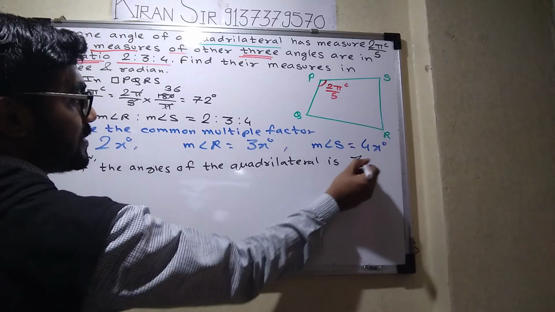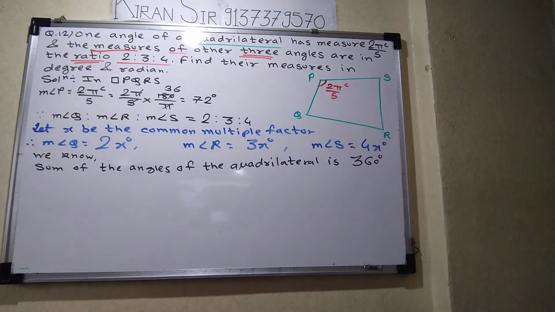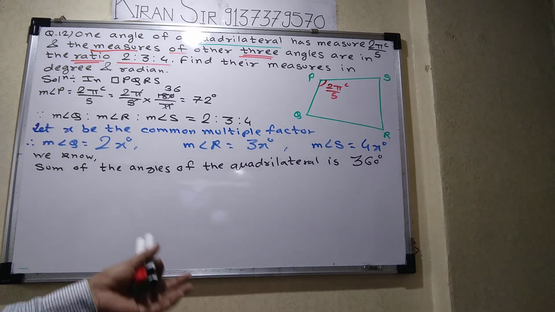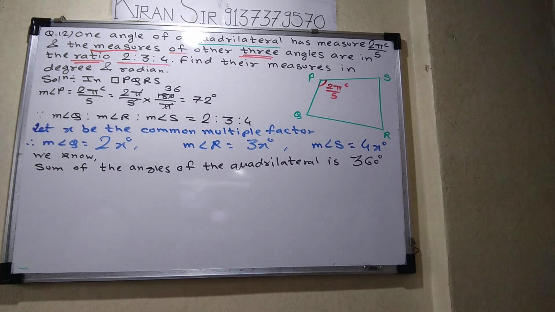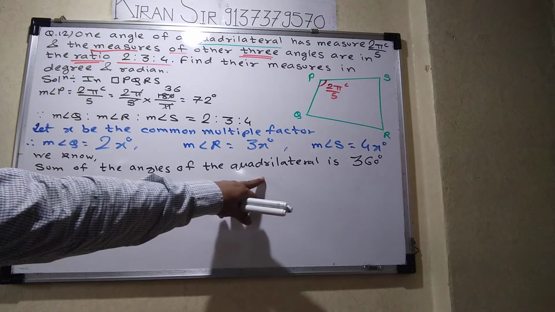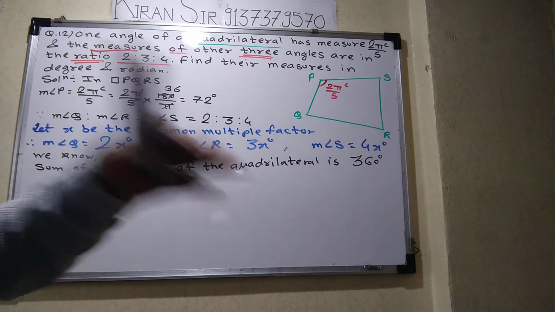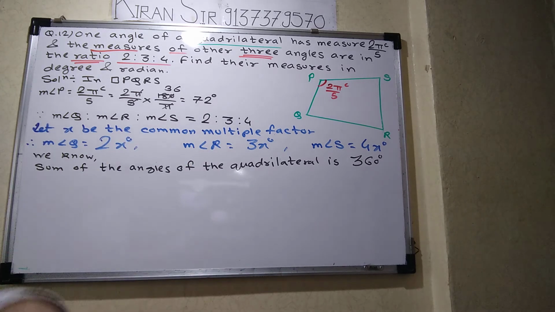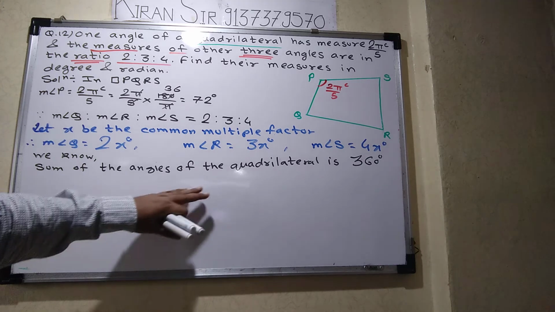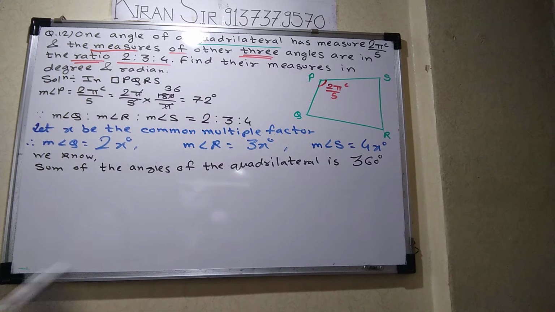360. Yes, because some students, by default, it's a human error, they will put 180, because we solve too many sums regarding triangles and only one or two questions belong to the quadrilateral. So most students make this mistake. When I check the 11th standard papers, we found they wrote the angles of a quadrilateral as 180 degrees, since they practice triangles. Once they put 180 degrees, it's a human error, and from that step the whole numerical is wrong.